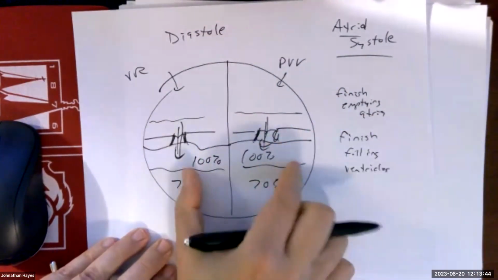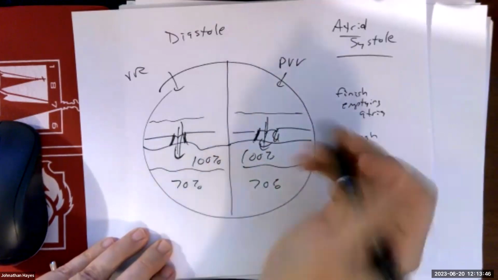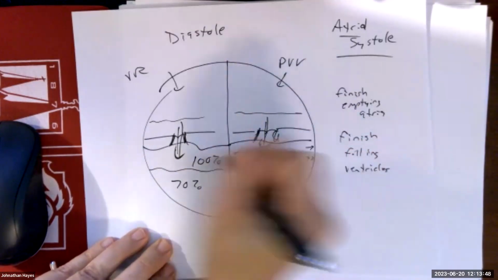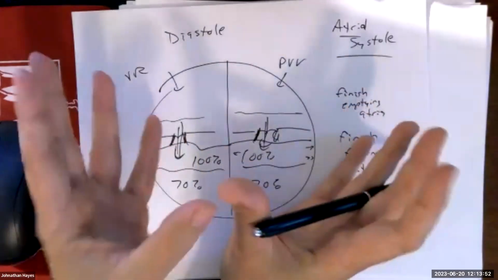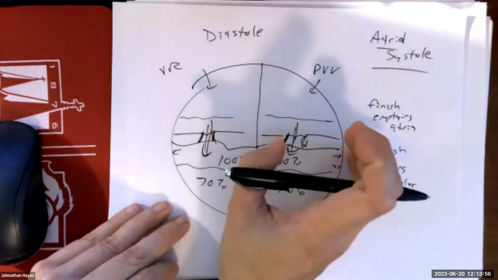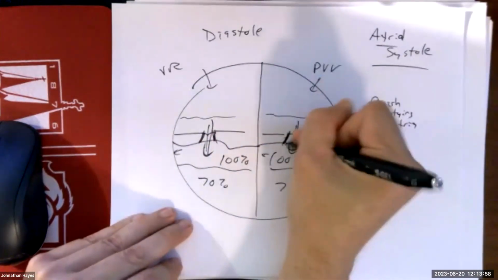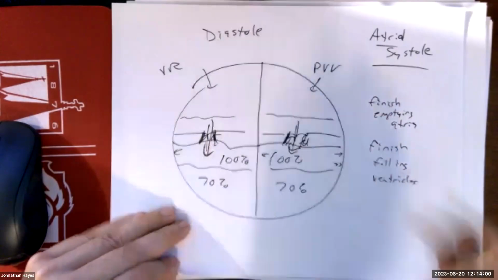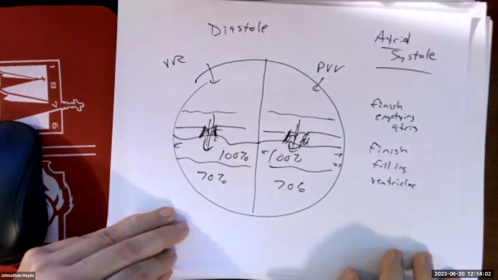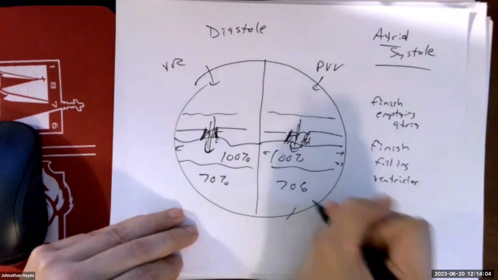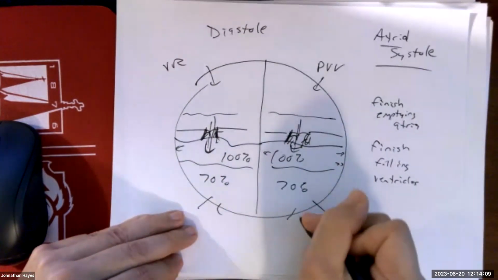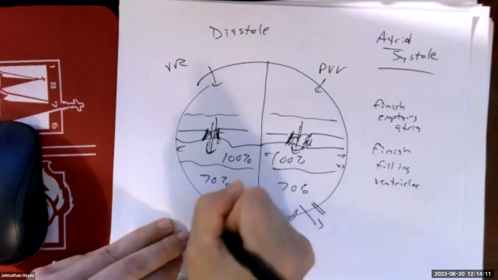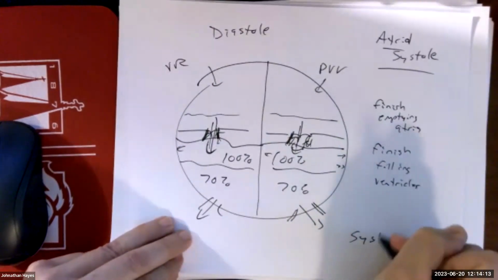100%. Now the pressure in here is already pretty high because it's full, right? And that fluid's pushing on the walls equally. Then we're going to have what's called isovolumic contraction, where the heart's just going to compress that fluid that's in there, not letting it go yet, but just compressing the fluid. That's going to slam your AV valves shut. And eventually we're going to overcome peripheral resistance heading out this direction. So your semilunar valves are going to open, and then you can eject the blood, and then that becomes your